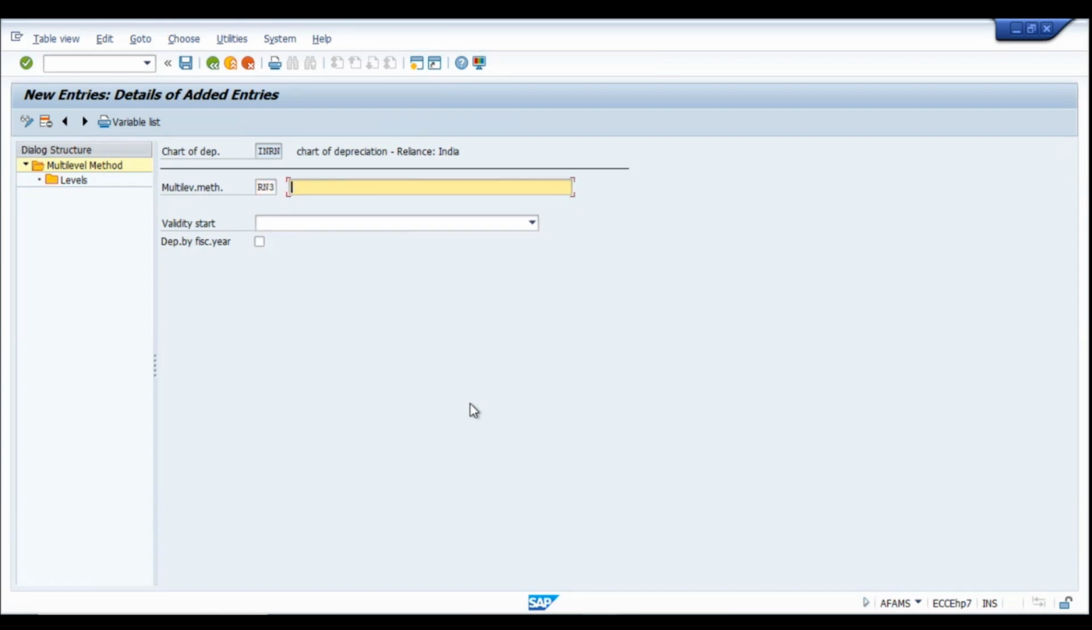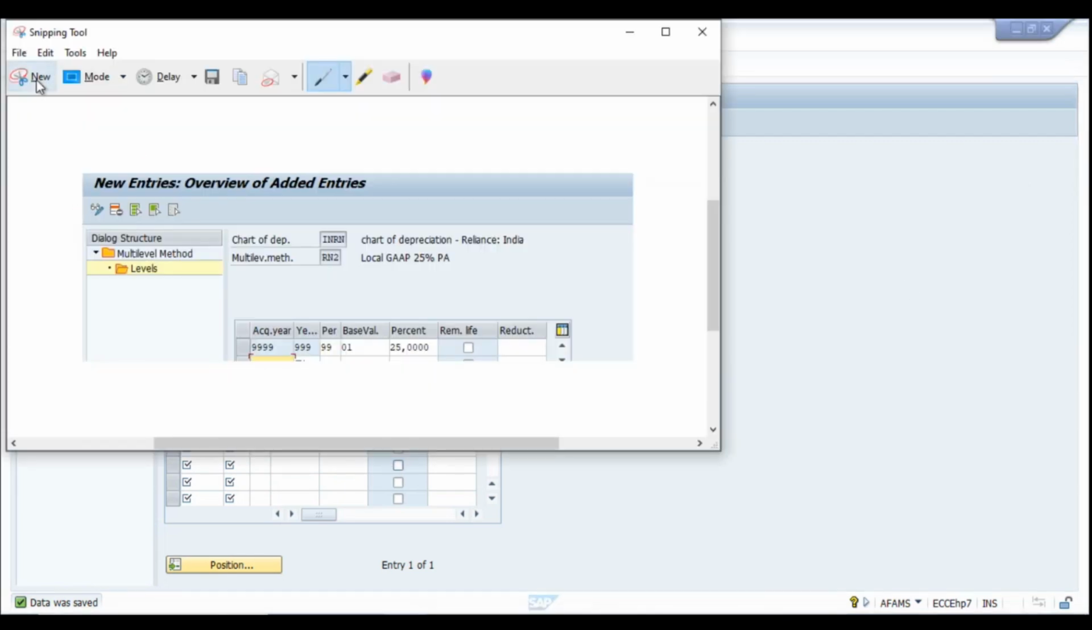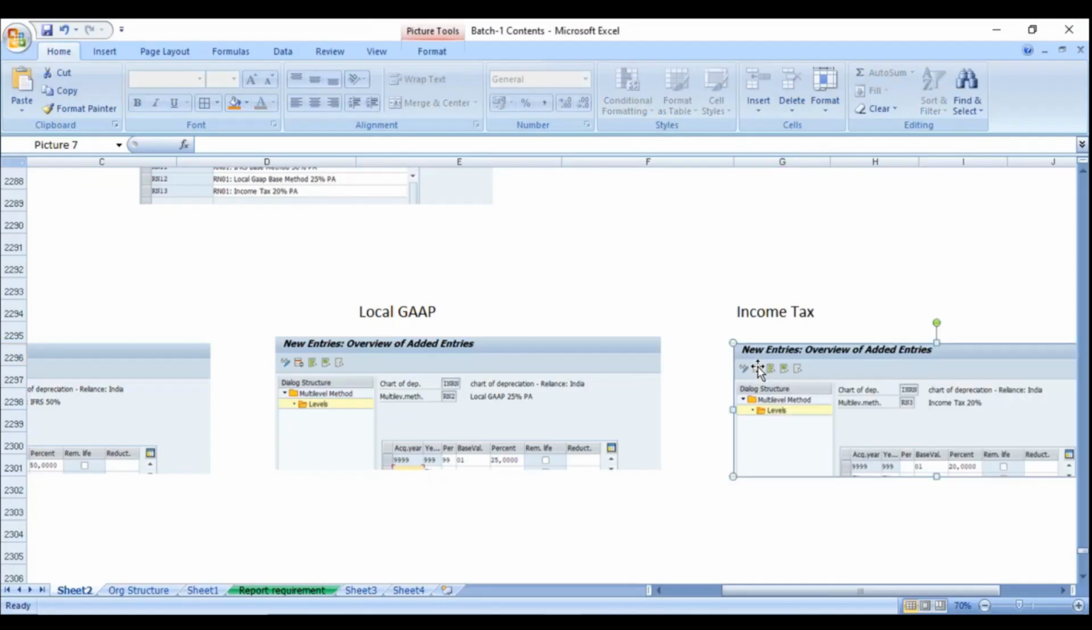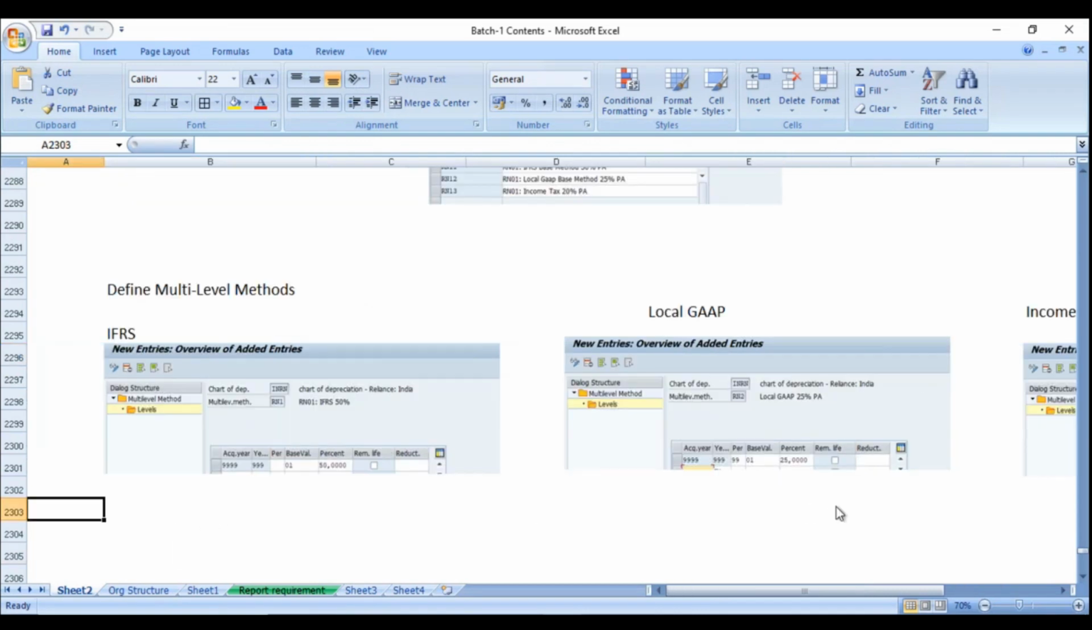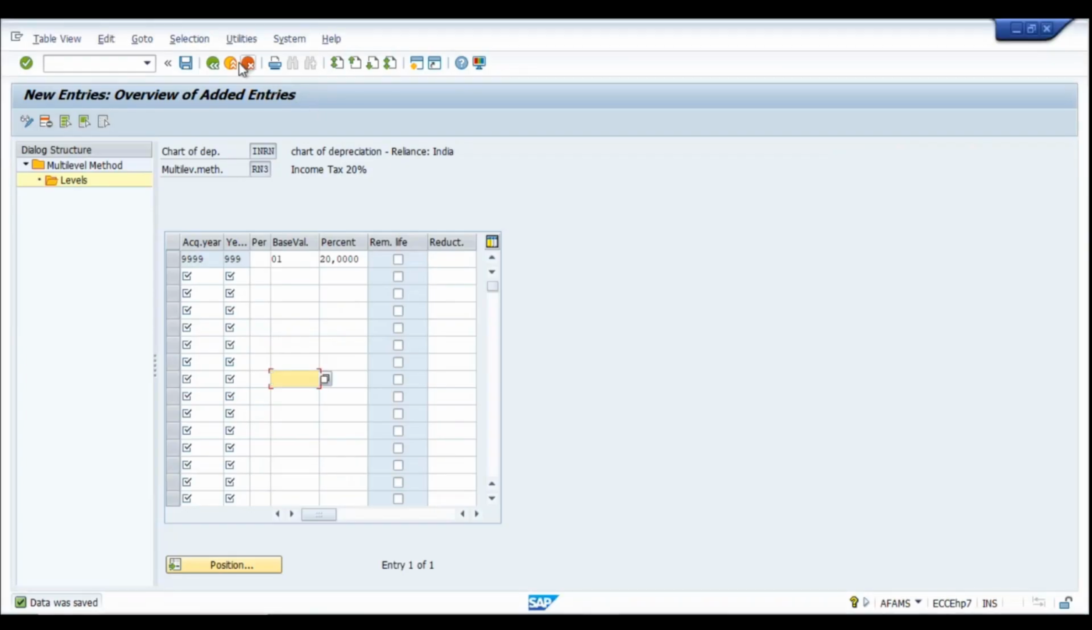RM3, income tax is 20%. Ordinary depreciation, multi-level. Acquisition value, and this would be 20%. Okay, this screenshot will help us to understand the scenario, so I just kept it here. Okay, now what we have to do,